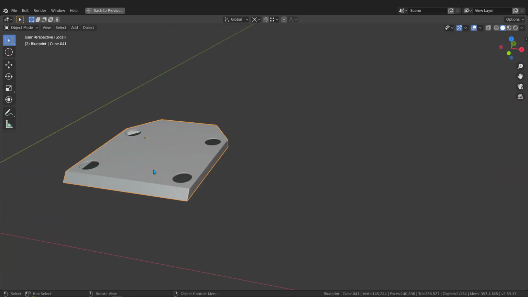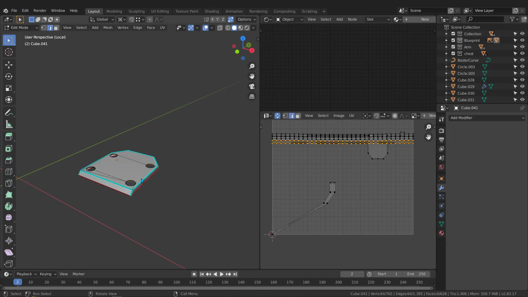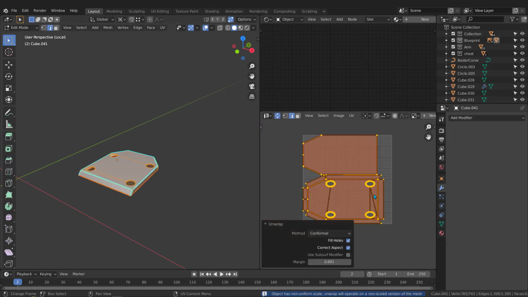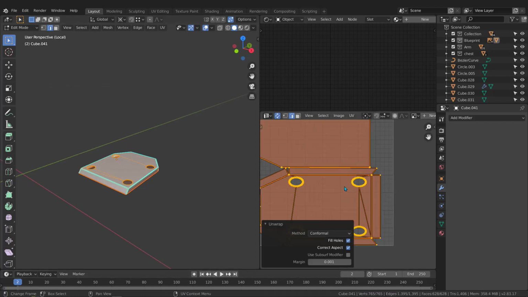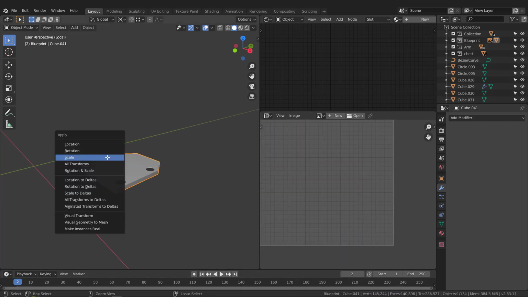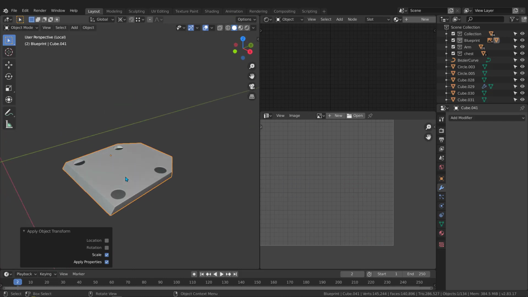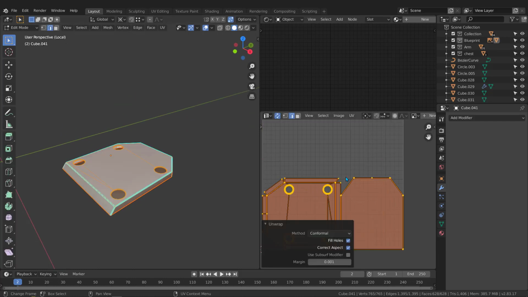Alright, now hit tab, hit A, and here hit U to unwrap it, and it tells you there is a problem with the scale. As you see, the result is not correct. Control A, apply the scale, and now tab, hit A, and here hit U to unwrap it,